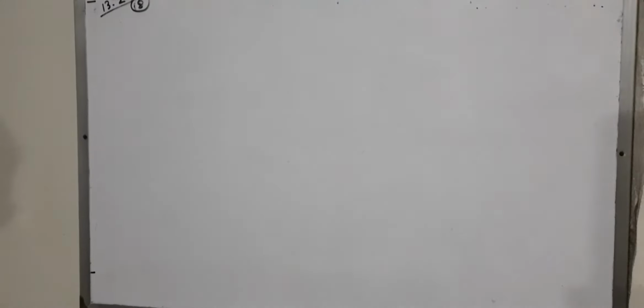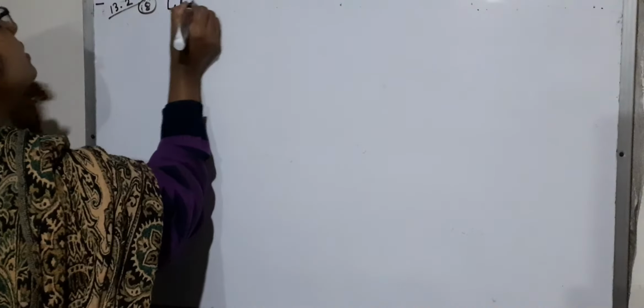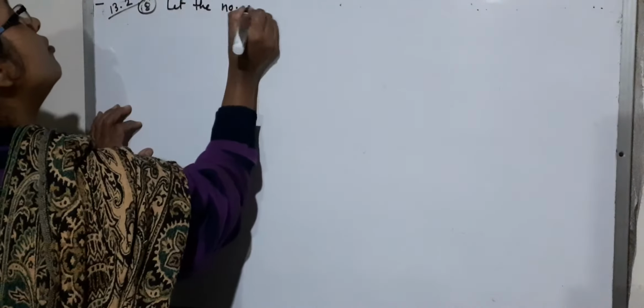Good morning. Today we start exercise 13.2 question number 8. In this question, a factory requires 42 machines to produce a given number of articles in 63 days. How many machines would be required to produce the same number of articles in 54 days? Then we assume let the number of machines